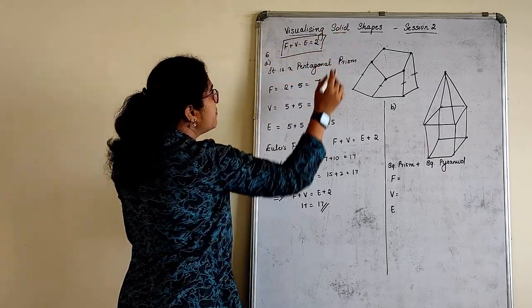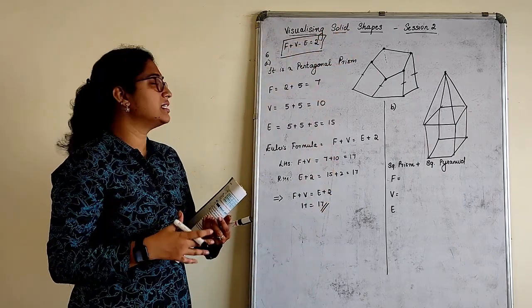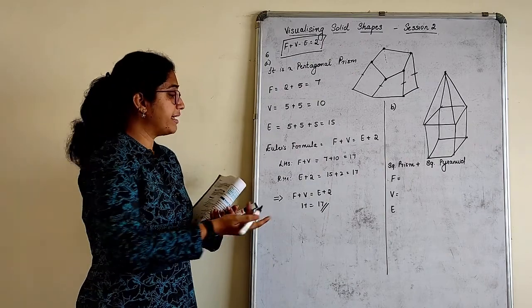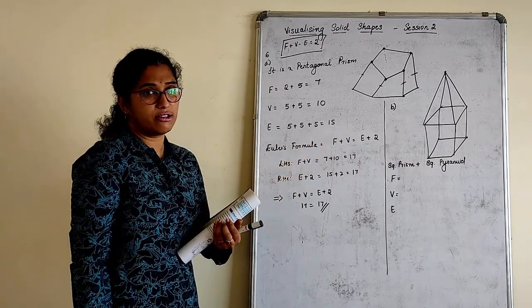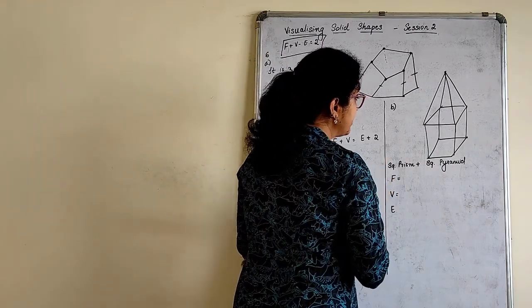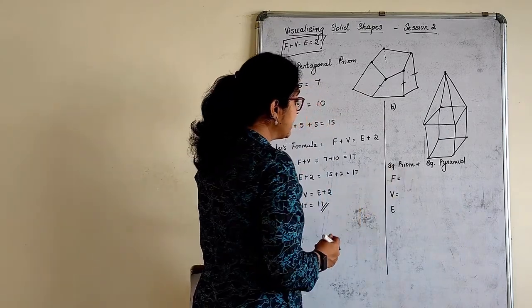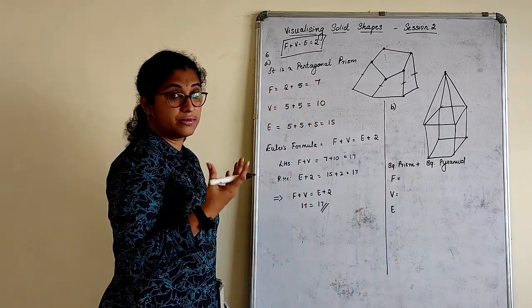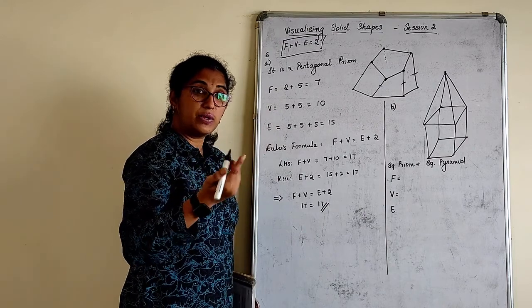Anything is seen. I have just shifted E that side. Some books have followed it like this and some books have followed it like this. Both are correct, children. Okay, let us identify the faces first of all. Now it is anyhow a square based prism, right? How many faces will it have?